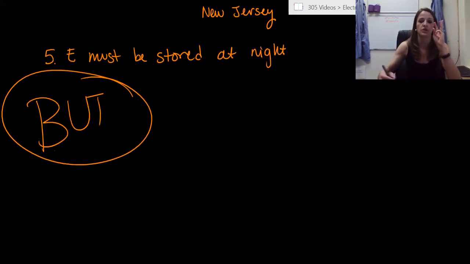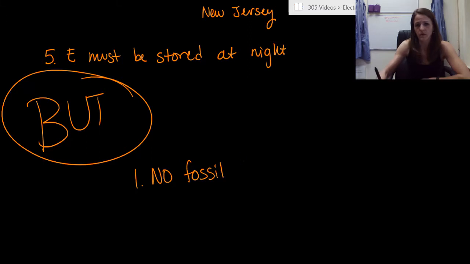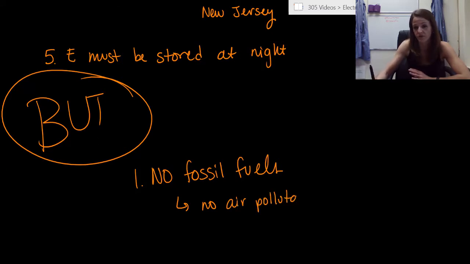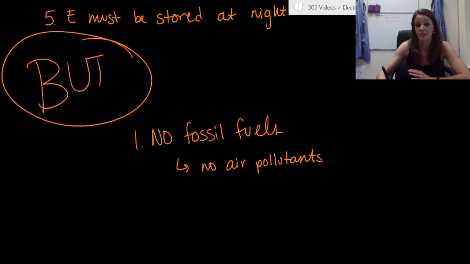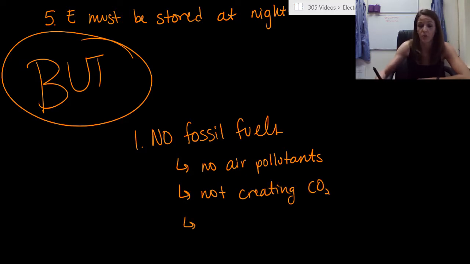I want to highlight 2-ish main things. No fossil fuels. So, no fossil fuels inherently tells us that we have no air pollutants. This process of using photovoltaic cells does not produce air pollutants, which means it is not creating carbon dioxide, which means, and this is more important,